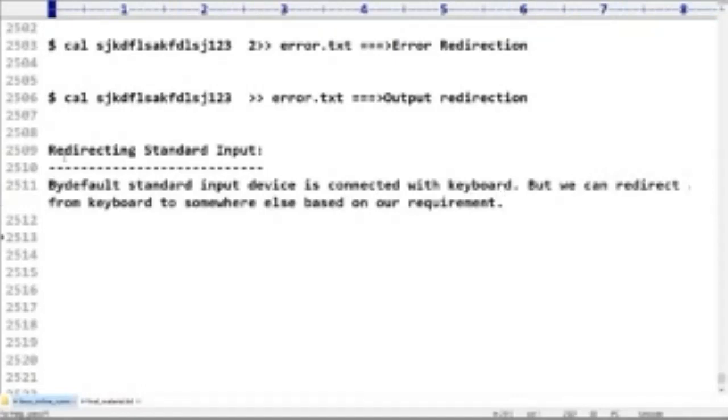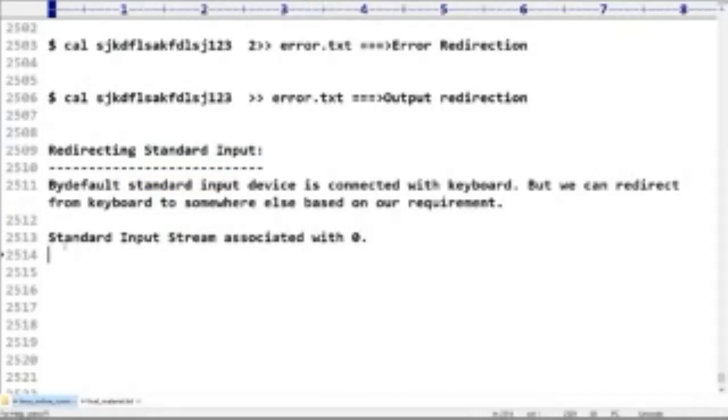How to perform the next one? The standard input stream is associated with which digit? Zero.